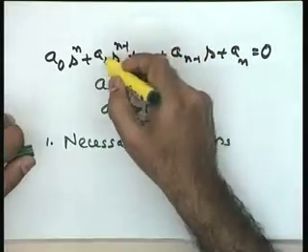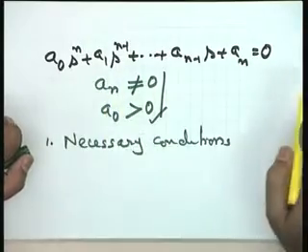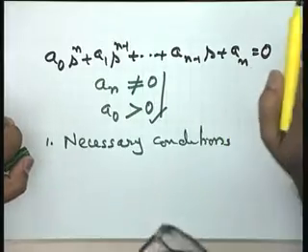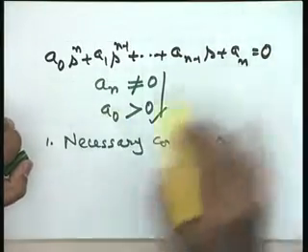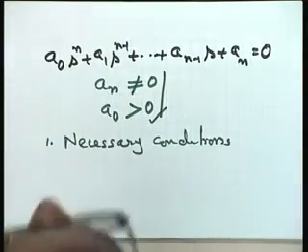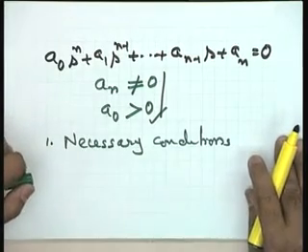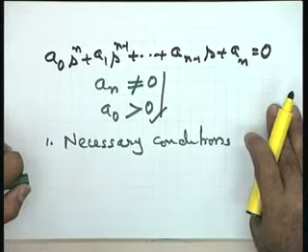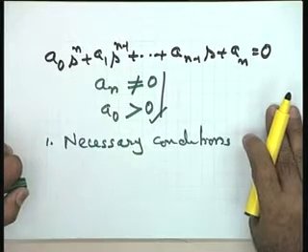A 0 value also destroys the necessary condition for stability, that is, they should be present and positive. If a particular coefficient is 0, that is sufficient to conclude that the system is not stable. So, it means all these coefficients in the characteristic equation must be positive and non-zero for the system to be stable. This is the necessary condition to be satisfied. So, if you have a polynomial not satisfying this condition, it means for stability study you need not proceed with the application of the Routh stability criterion.